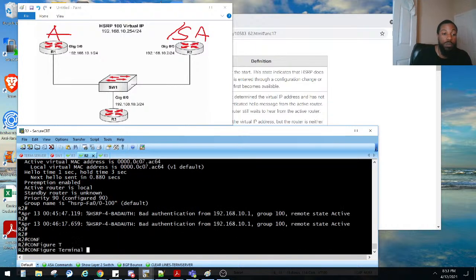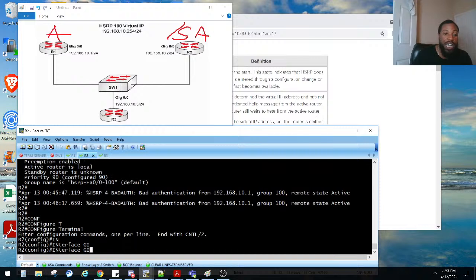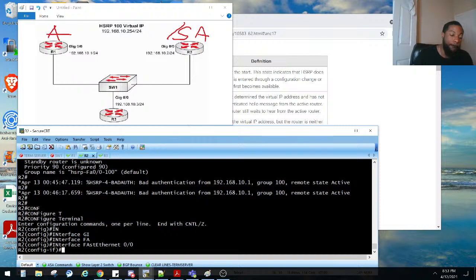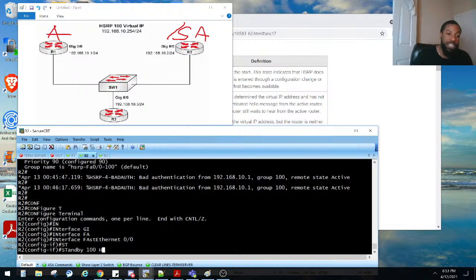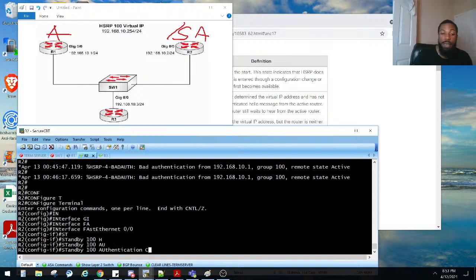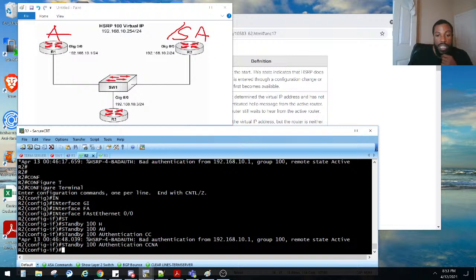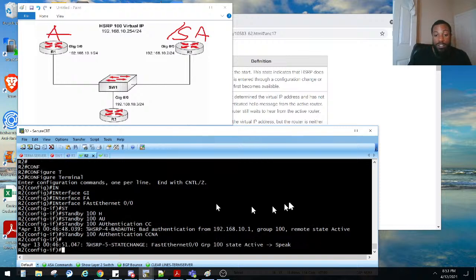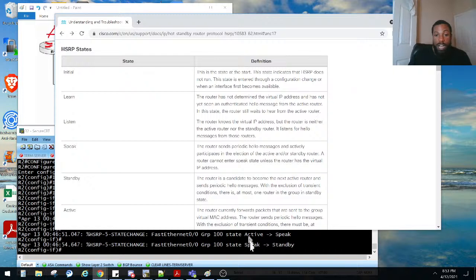Go to global config mode, interface GI00. No, he's FA. I keep forgetting. Standby 100 HSRP. I'm sorry. Authentication. We said all caps CCNA. And let's see what happens. We went from active to speak, right? And now we went from speak to standby. So we went from active to speak, and then from speak to standby. So we are now the standby router, which means the router is a candidate to become the next active router and